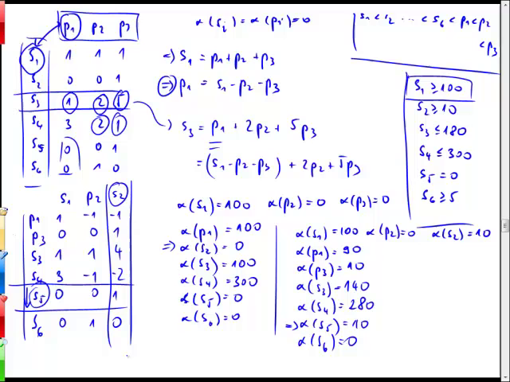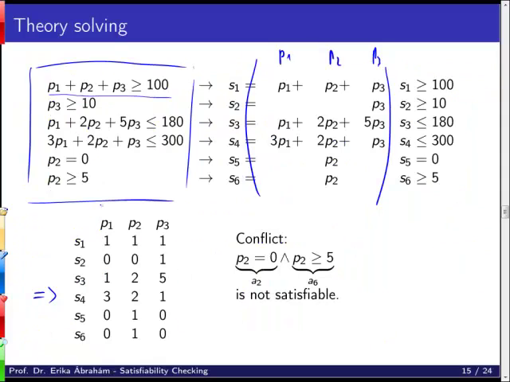And now the corresponding inequations, which are unsatisfiable, I can read from the slack variables of the row which cause the conflict, and the slack variables of all columns whose coefficient is not 0. That means S2. These correspond to two constraints, which together are unsatisfiable. I go back one slide, and we see the second line for S2 is P3 larger or equal 10, and the